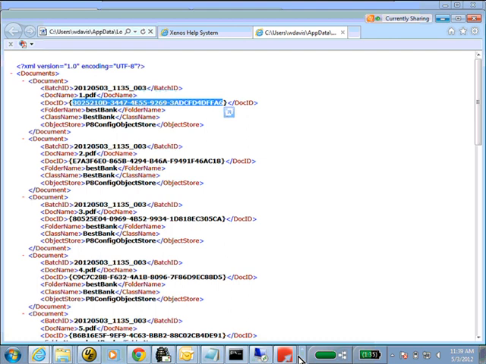The next question was, can you store more than just PDF? I actually just mentioned this in the last question, but we could actually store AFP as well. Typically people probably wouldn't store AFP within FileNet, but if you can do transformation on the fly outside of it, you could store AFP within there. You could store whatever you want, really. Our loader works so that you can store Word documents, you can store any type of file. We don't really care about what type it is.